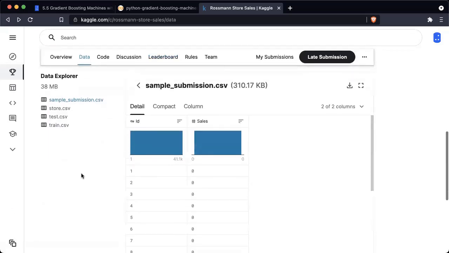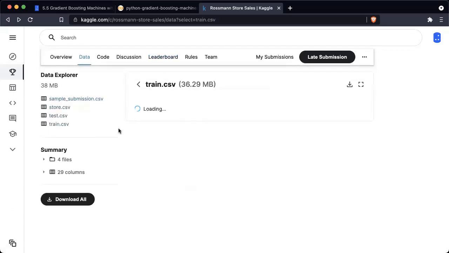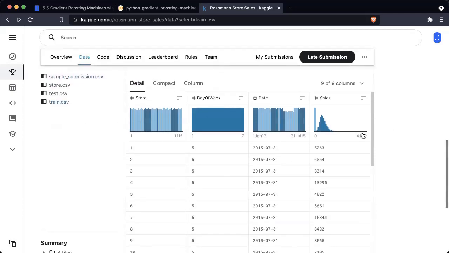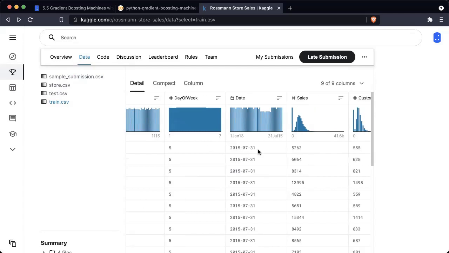And here in the data tab, you can see train.csv. So train.csv, the file contains 9 columns. It's shown in a tabular format where you have some kind of a store ID. Store IDs go from 1 to 1,115. You have a date. And they've conveniently also provided which day of the week it is, 1 to 7, Monday to Sunday, I would imagine.